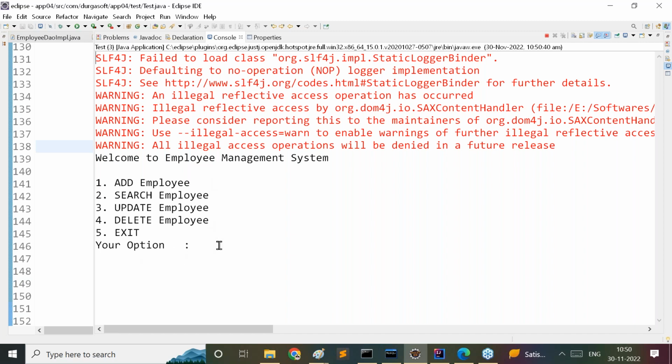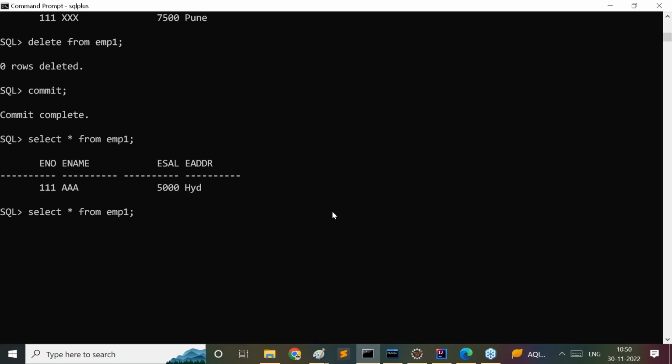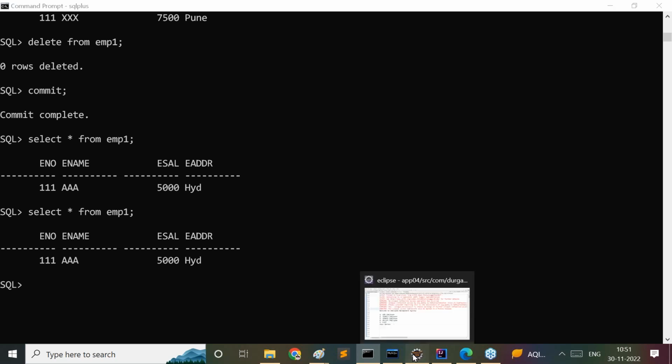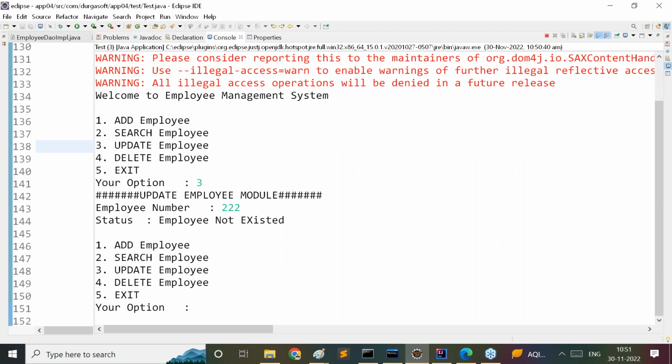Now we are asking for options here. Before going further, first let me check what data is available in the EMP1 table. One record is available. Okay. Now let me provide three: update employee module, employee number. The employee number would be 222. It should give the status: